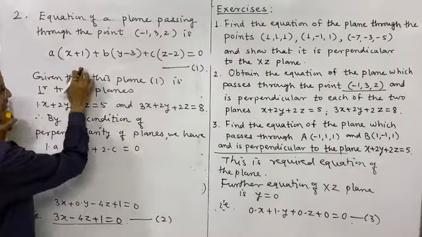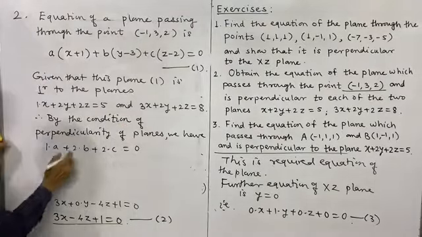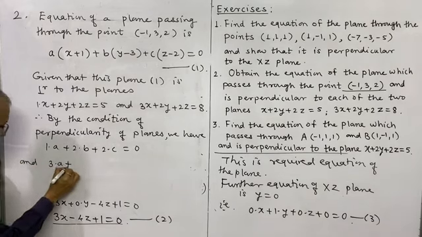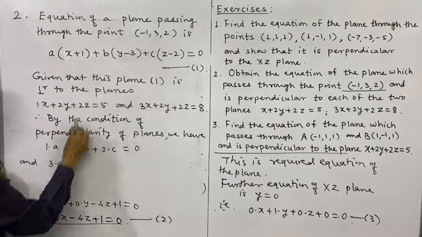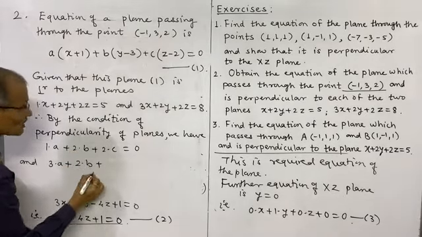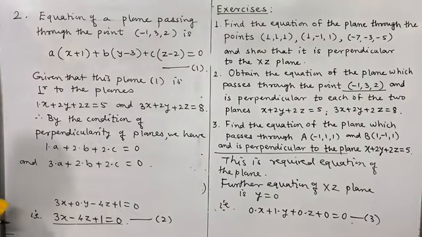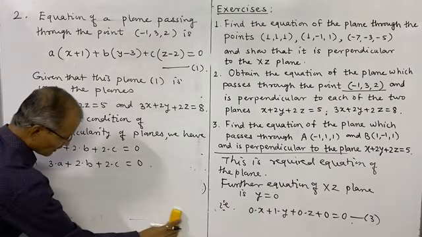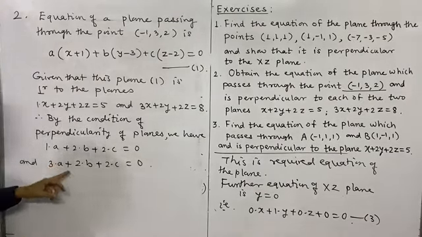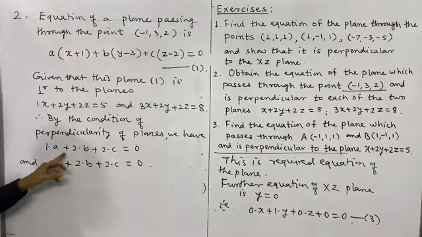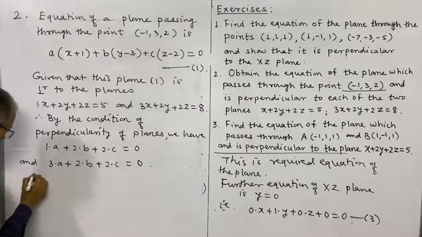And similarly for the other two planes, 3 into A plus 2 into B plus 2 into C is equal to 0. So these are the conditions we have. Now, as earlier, from these last two, we shall get the proportional values of A, B, C. So these give